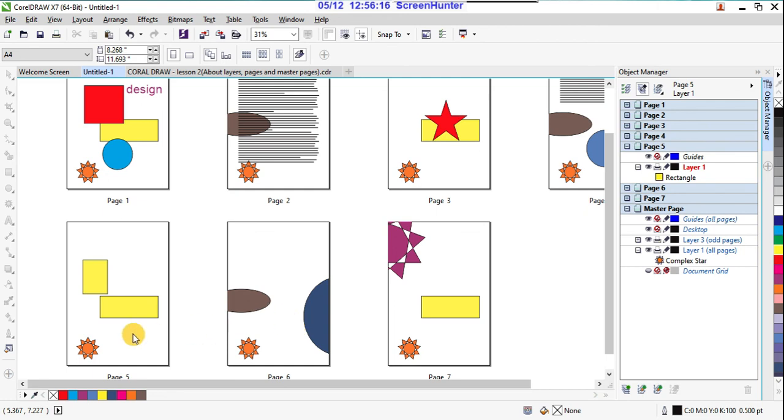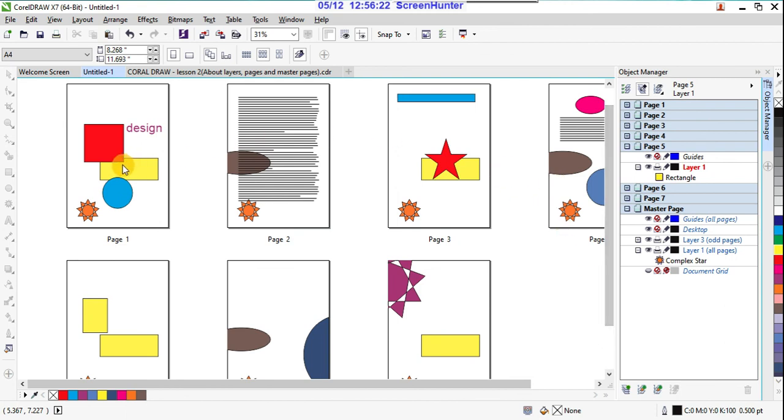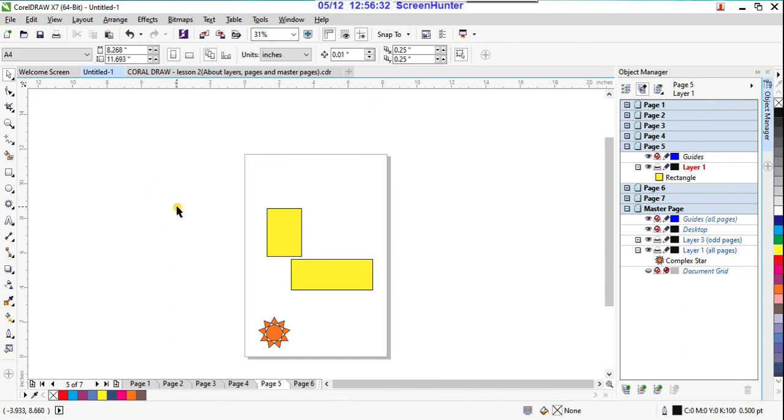So these desktops can protect your outside areas for your adjustments or for your editing, right? And again I'm pressing the spacebar, coming into normal, right?